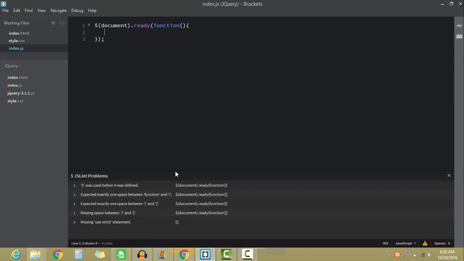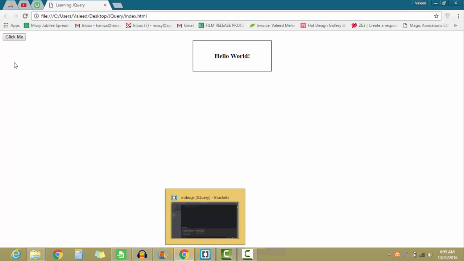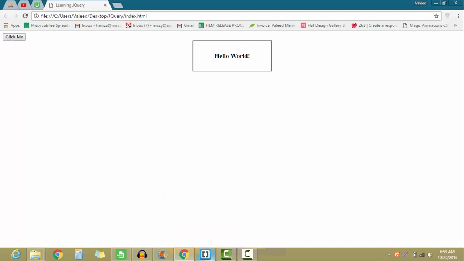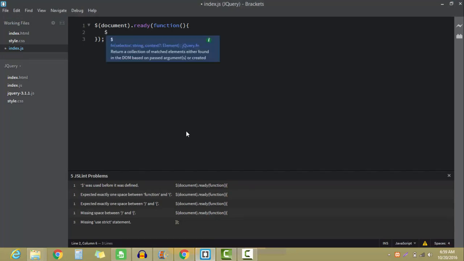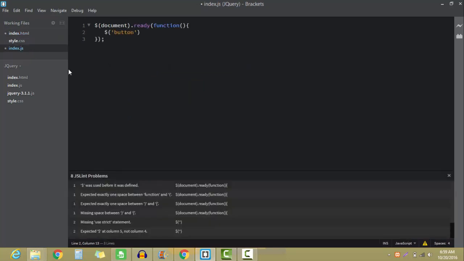So now the code I'm going to write is, when I click on this button, click me, then this box will disappear. So we are going to learn how to create a click method and a hide method in this lecture. So after that, dollar two parentheses, and in those parentheses I'm going to write the class of button. As you can see, I haven't created any class of button over here, so let me create a class, or it's up to you, you can just write button over here, button, right, dot